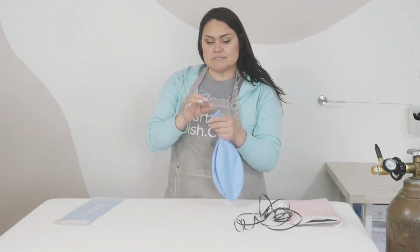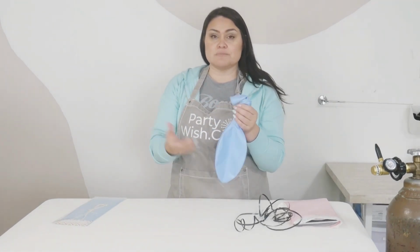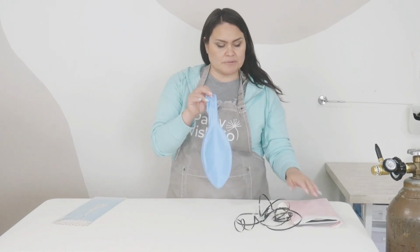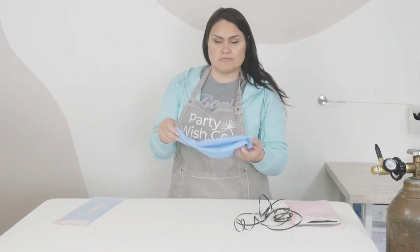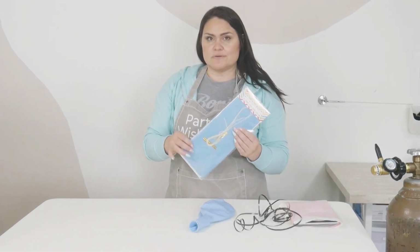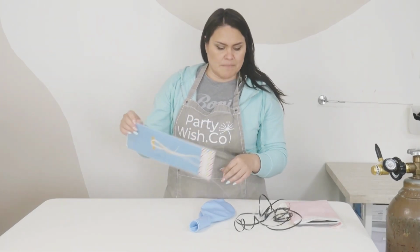a ribbon to measure the circumference of your jumbo balloon. This will be double stuffed with either a balloon the same color or a clear balloon, or sometimes a white or black balloon depending on the color of your balloon and what we have in stock. The reason we double stuff them is because you'll be applying the decal. We just want to make sure that it's a little more sturdy, and also for transporting or moving it around, we want to give it a bit more durability. Then you also have your tassel tail kit. So we're going to go ahead and start by